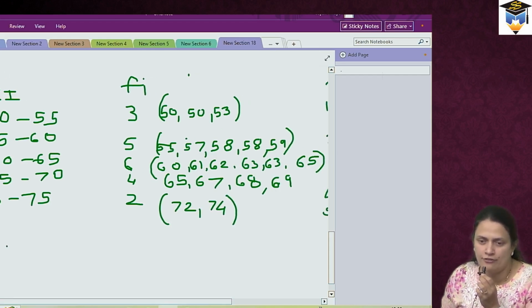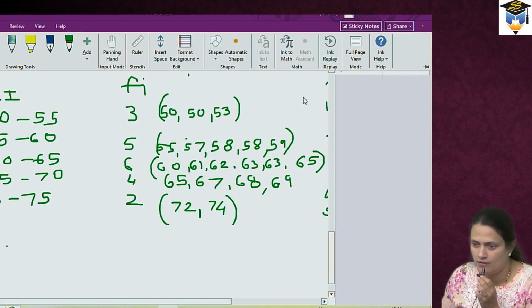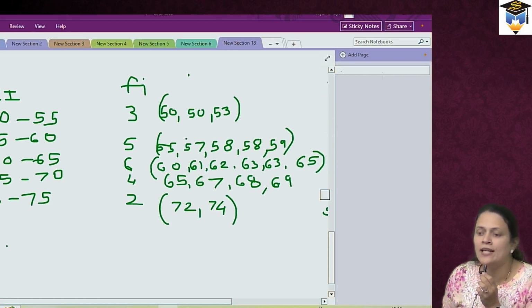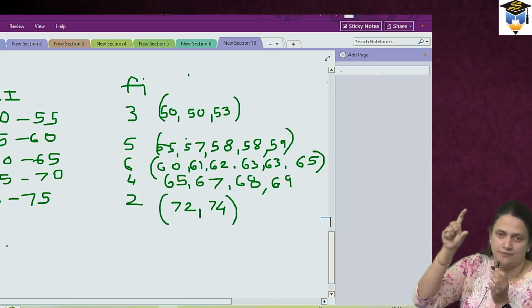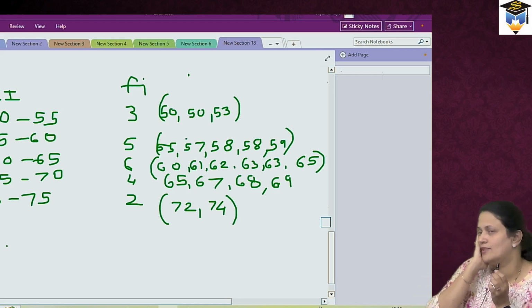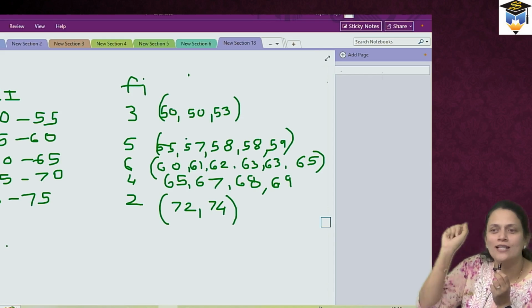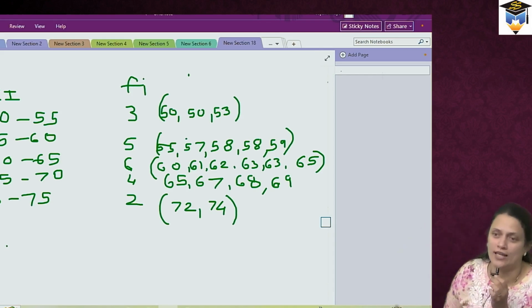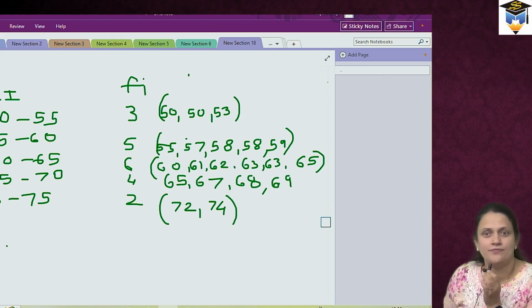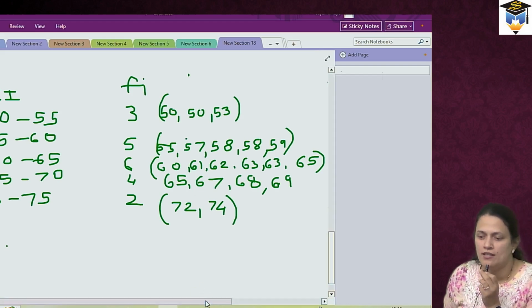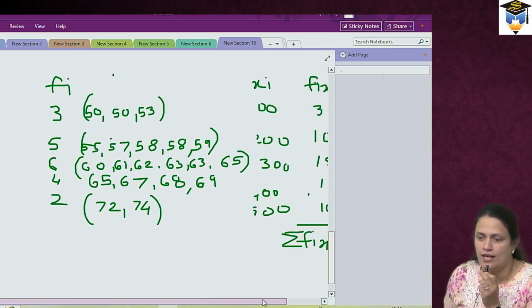Should you consider 55 in the next one? So basically, bigger boundary. You have to consider the upper class and not the lower class. Understood? Till here everybody has understood. Now,